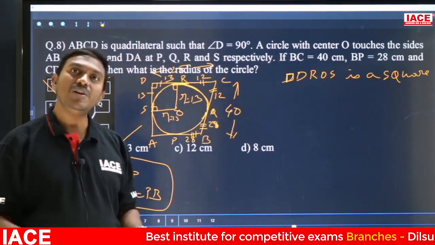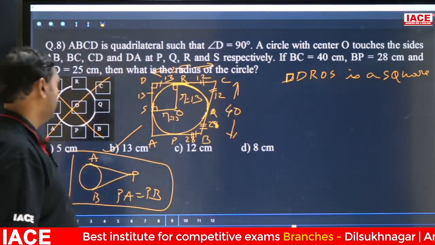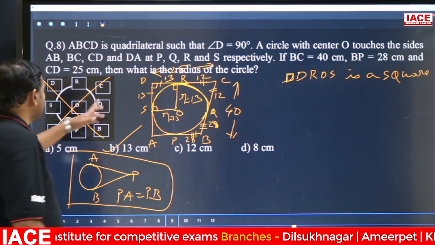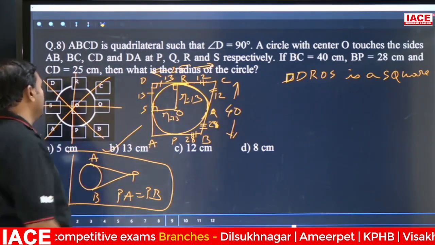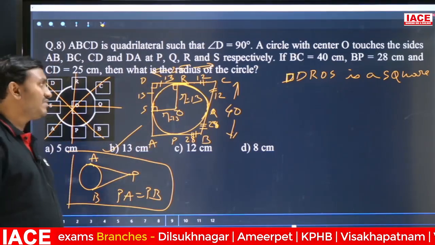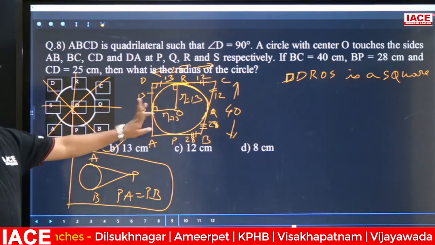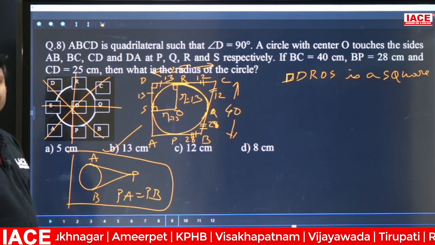So in the diagram only problem we can do, right? So diagram you draw this one. This is not the diagram. So by mistake some error occurred. So diagram you draw like this, right? Then